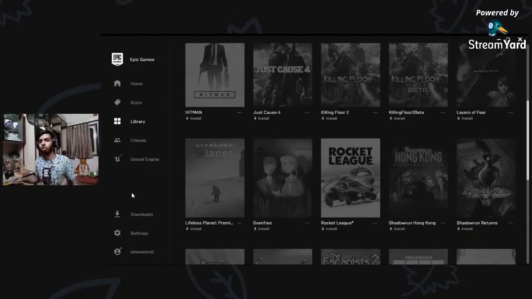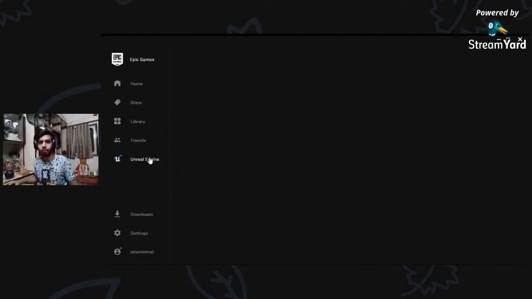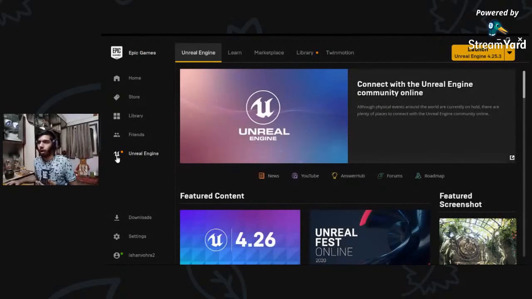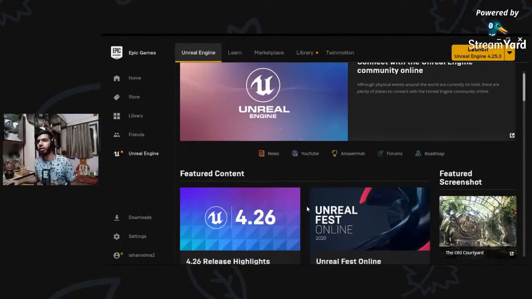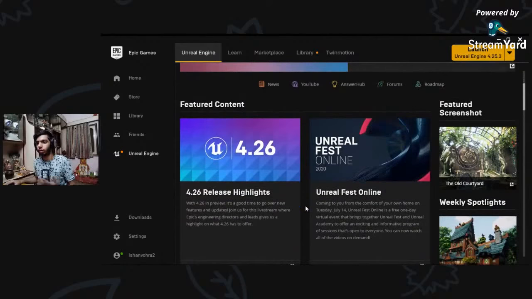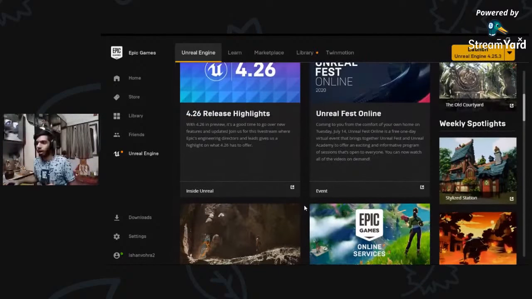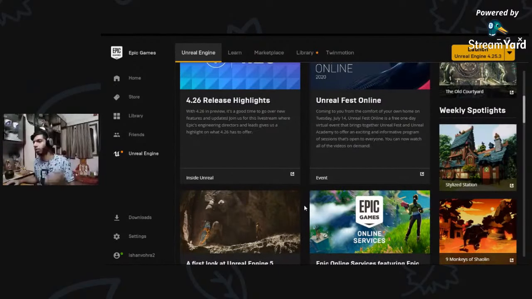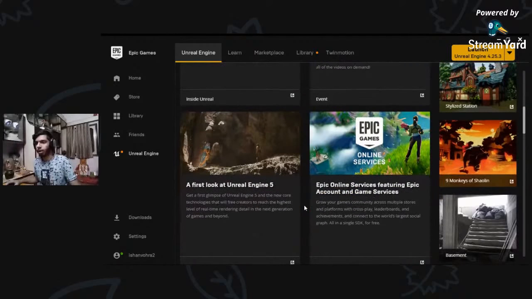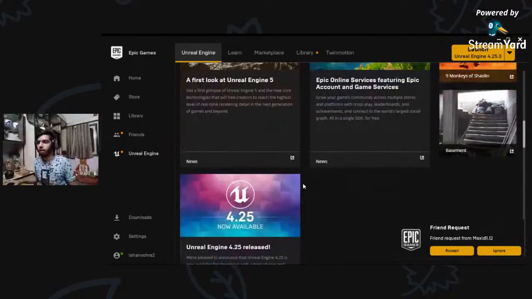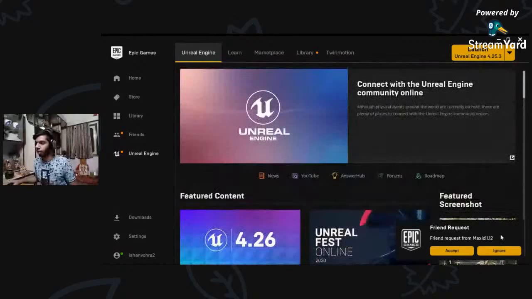Once you install Epic Games Launcher, all you need to do is go to the Unreal Engine tab, and you can see that there is a lot of information regarding what Unreal Engine is. There was an Unreal Fest online this time, and usually this is more of an offline event, but this time it was conducted online. There is a first look at Unreal Engine 5. Currently, we are on Unreal Engine 4, and that's pretty much it. All right, so